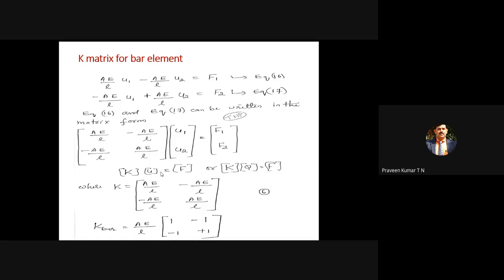That is based on the potential energy approach. There are other approaches for finding the same matrix, by regular physics methods also. We can get the same matrix. That is not required now. If you go for the potential energy approach, that is sufficient. It is used in almost all chapters.